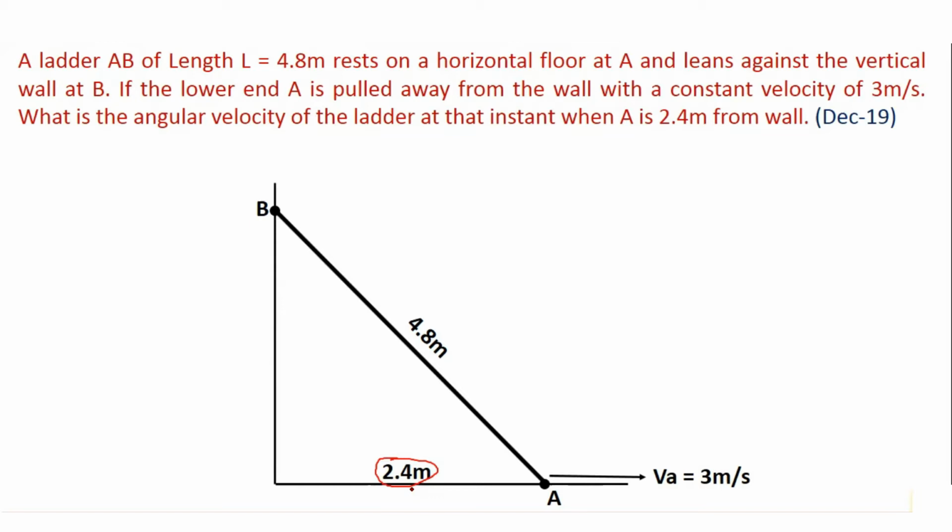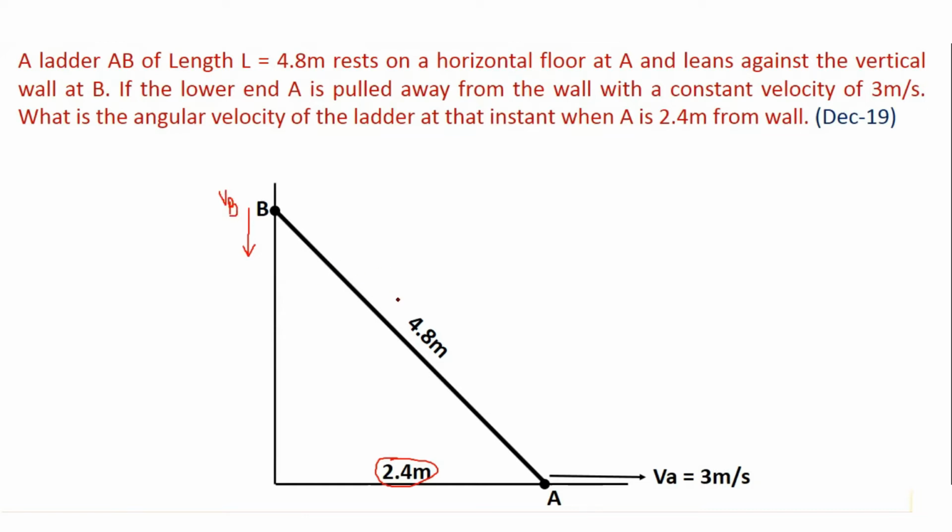To locate the ICR, we have a simple concept: we have to draw the perpendicular from all the points on the body, and wherever they meet, that will be your ICR. So let us start with that. Now, as it is given that this point A is shifting towards the right hand side, that means its velocity will be in this direction, which is already given. Now, as this point A moves towards the right side, this B will try to come down. That means its velocity will be in this direction. Let us say it is VB.